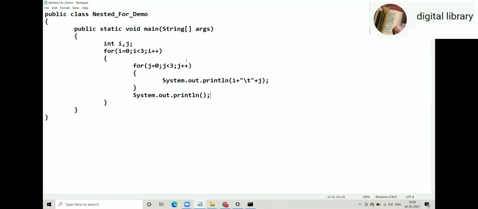So here println is putting every value in a new line only, no? If we just remove ln, it will be in a single line. Yeah, correct. You are correct. println: ln stands for next line. That means it will print your stuff and take the control to the next line. And there is also System.out.print without ln. That will print your stuff and keep the control on the same line. That difference is there. So either you can use println or you can use print.